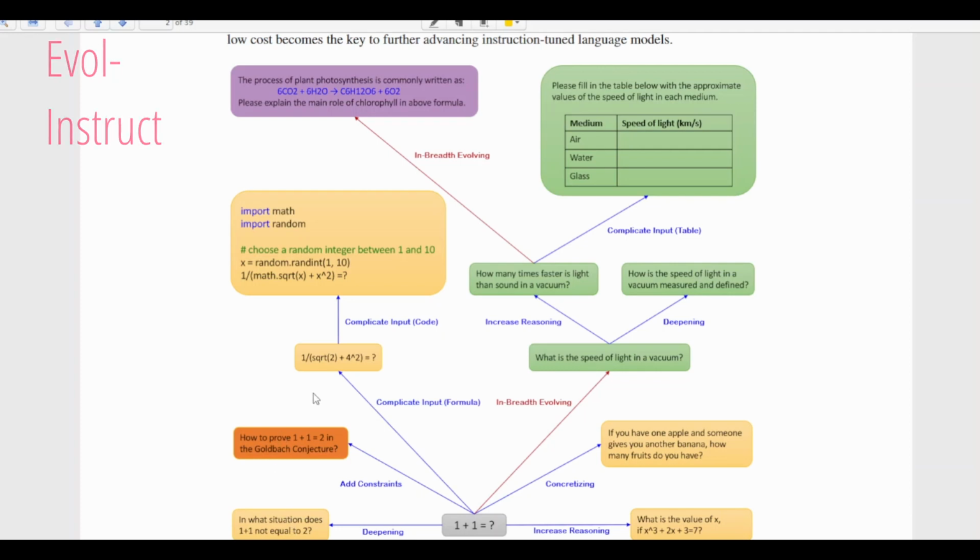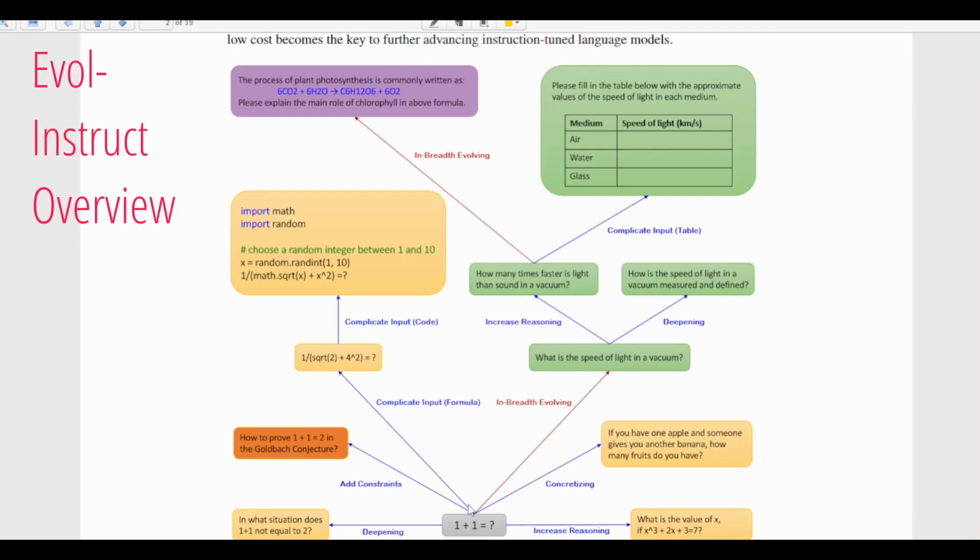In this way, multiple instructions are generated. The choice of whether to generate a more complex instruction or a diverse instruction is chosen completely